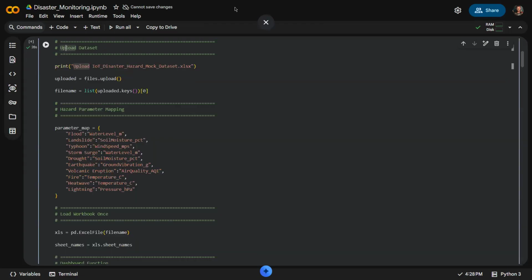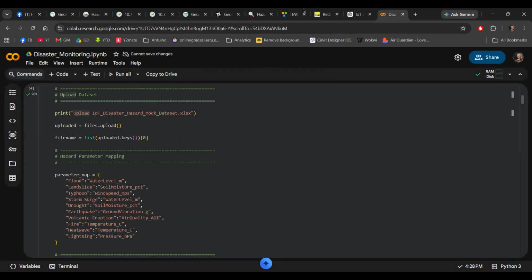For the last part, I can no longer show this one because it's on the other browser. For the next session, we're going to see how we can make use of AI tools to come up with instant dashboards that can help us not just for preparedness, but more importantly for rapid, instant response to any disaster occurrence.